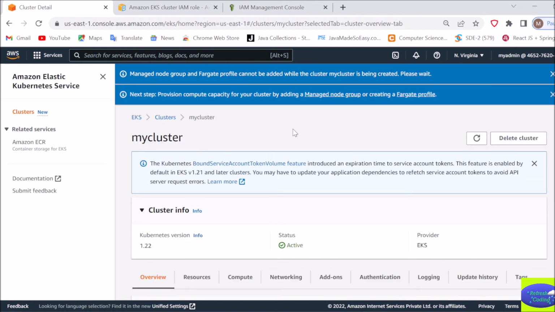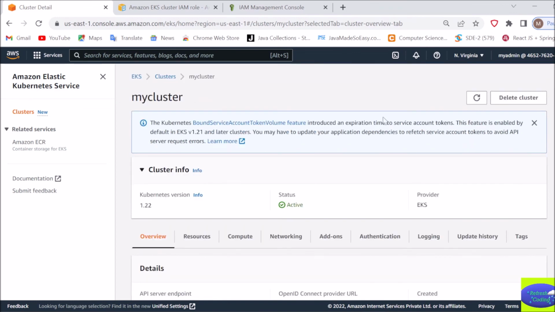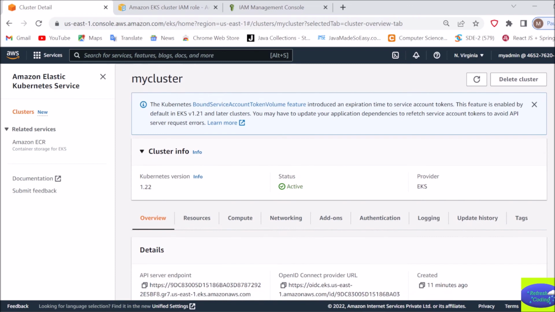Okay, now you can see our cluster is created and it is coming in active status. So after this, what is the next step? You can create a managed node group for this active cluster. In the next video we will see how we can create node groups